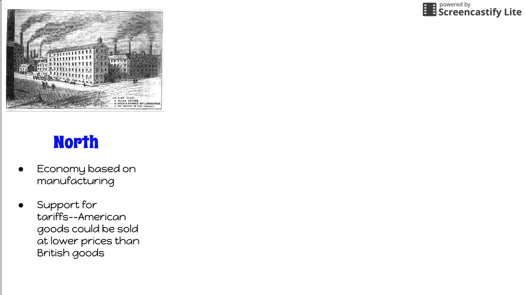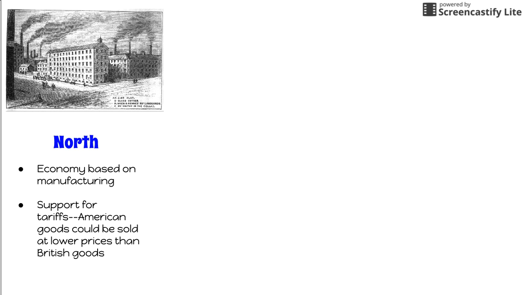In the early 1800s, the United States had about three different economic regions. We had the North, which was primarily dominated by factories, and these factories now employed a lot of different workers, and these laborers all depended on manufacturing and trading their goods. So, the North supported these tariffs, these taxes on foreign goods, so that they could sell their goods at a lower price to ensure that the people would buy American goods and not British goods or any other